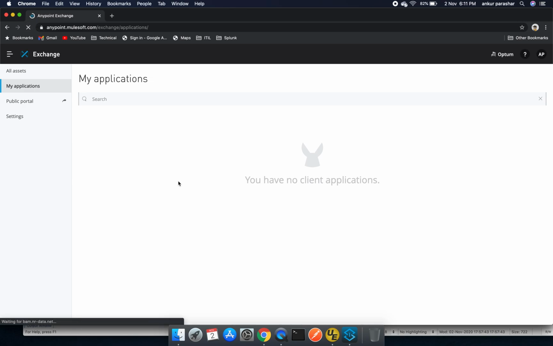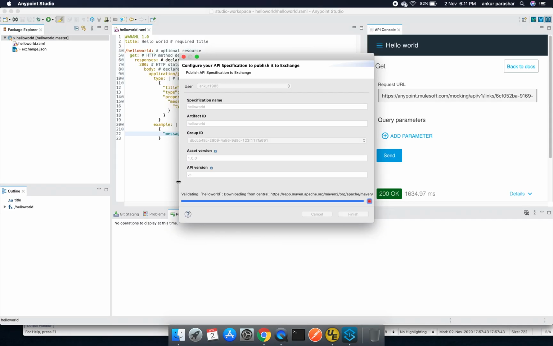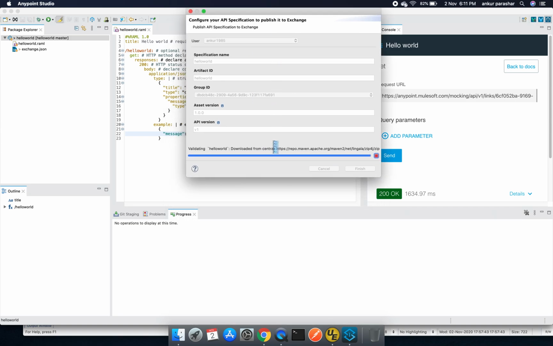But let's see. Go back to our Anypoint platform. I can see it is still loading and validating all the stuff. There should be a way to see what exact things are going on, but nevertheless the things are getting pushed from our local repo to the Exchange repository. We will give it a minute.